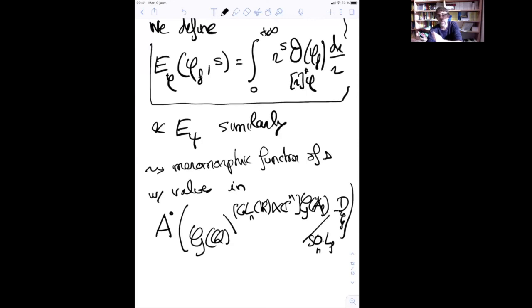There might be a pole at S and at 1 minus S, depending on the value of the Fourier transform of phi at 0 and the value of phi at 0. So it's really, and there is the usual gamma factor. Yeah. Nothing from the differential form side is coming. That would be the new part. Yeah, but I mean,